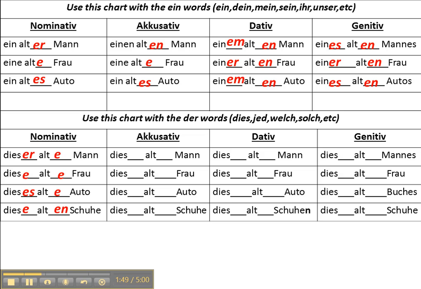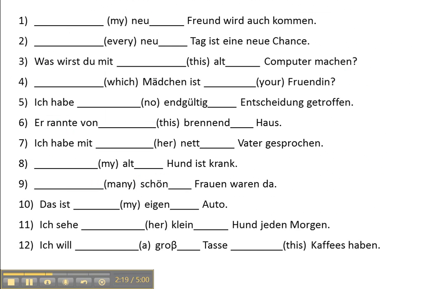Dieser alte Mann, diese alte Frau, dieses alte Auto, diese alten Schuhe. Okay, accusative, the only thing that's going to change from the nominative are the masculine nouns. That will change to diesen alten, and the rest of that will stay the same. The dative, like I said, the good news is the adjectives all end in en, and then you just have your dative endings, kind of repeated from the above chart. And then the genitive is also the same. Okay, so once you've got this chart clear in your head, then you can proceed on to try some exercises